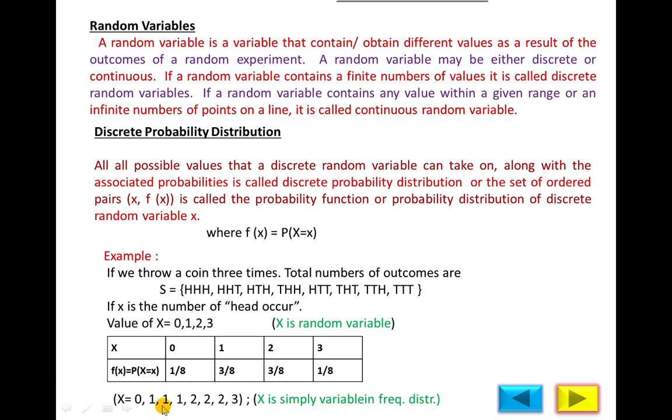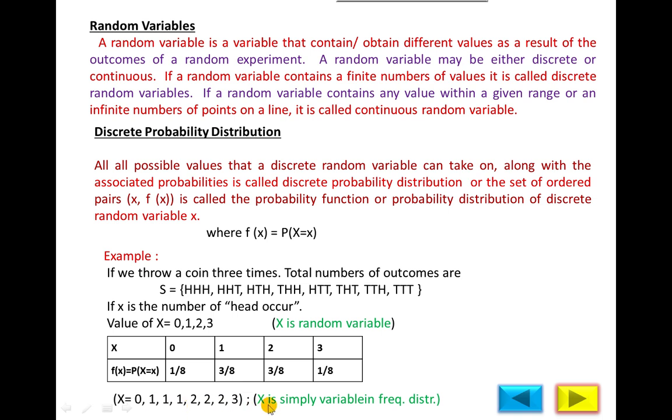There are 3 times that 1 head occurs. Similarly, 2 heads occur 3 times, so write 2 three times, and 3 heads 1 time. So if the variable x represents all the values individually, not the result of the outcomes, 0, 1, 2, 3, these are the actual values,